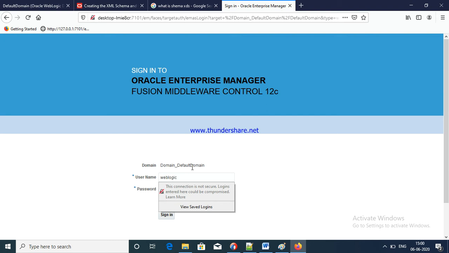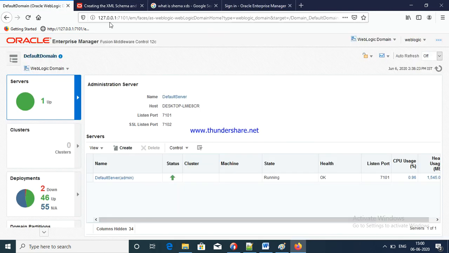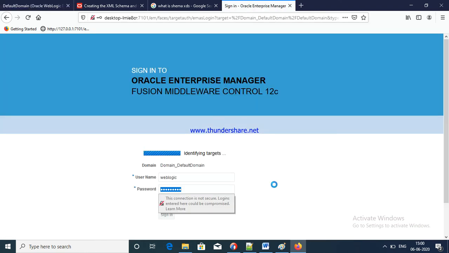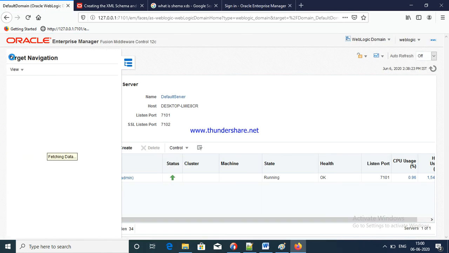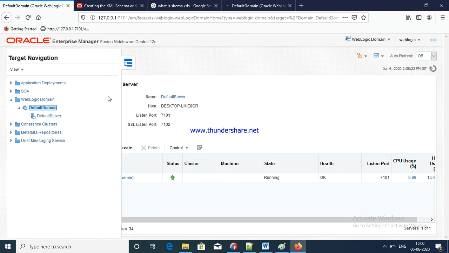WebLogic 1. Already this is my host. Here I will allow this host and this host. This is already my existing host. Just go and click here. This host also will allow, and 127.0.0.1 this also will allow.